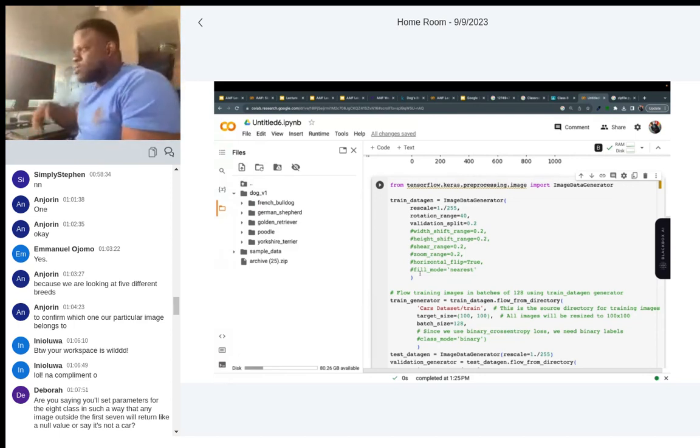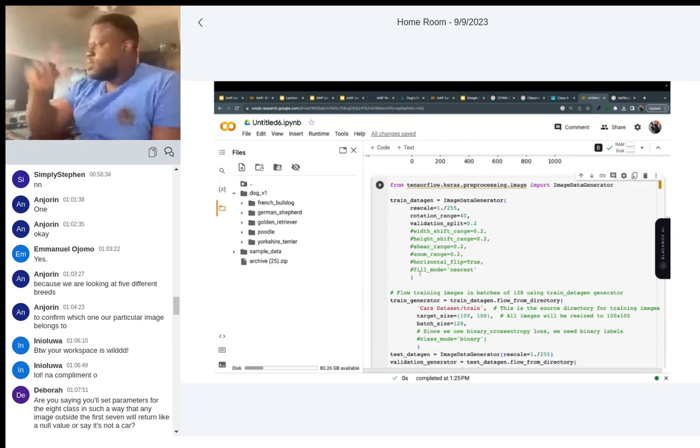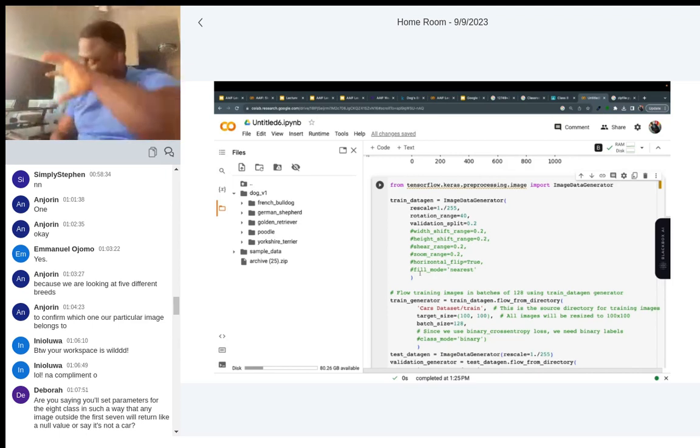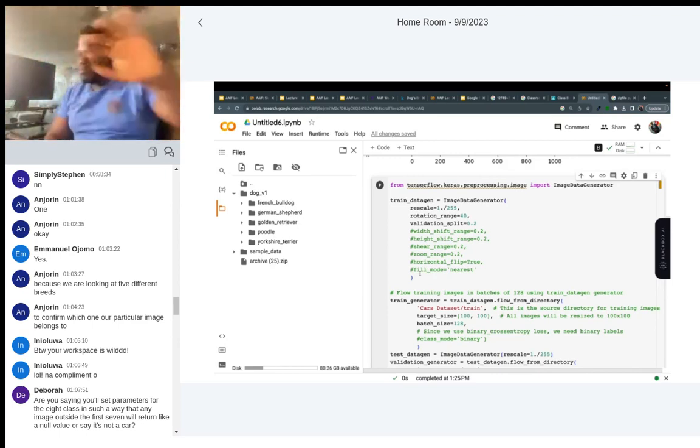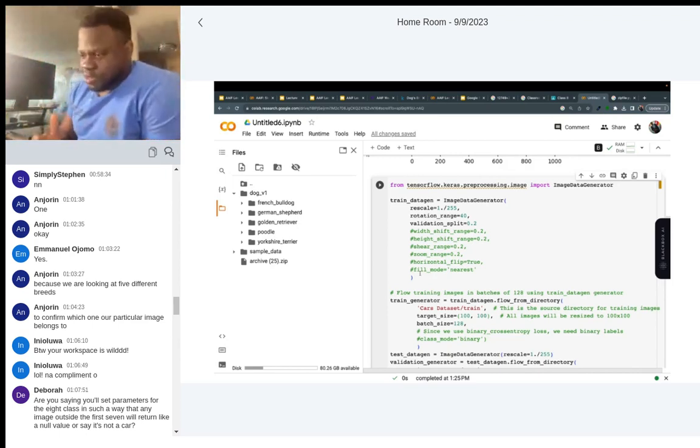So it can be man, dog, paper, anything random, and just put it as the 8th class. So whenever the image sees anything that did not resemble this, put it here. Something like that. Deborah, I hope I answered your question.